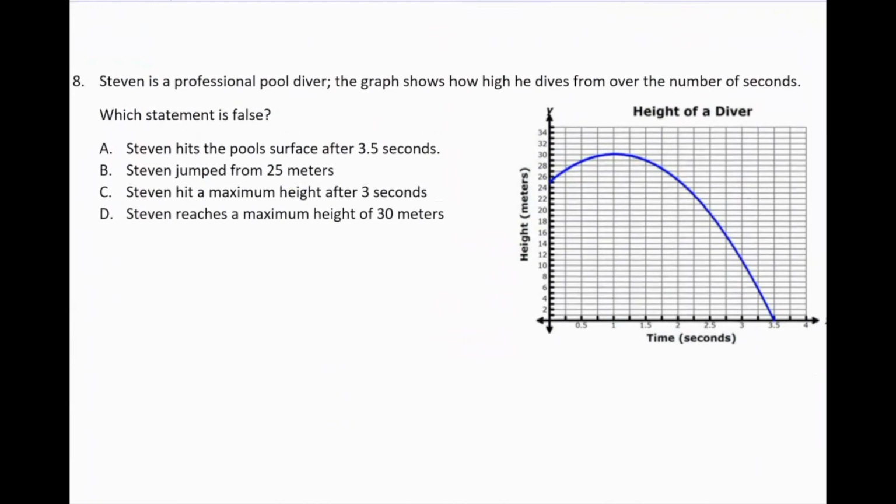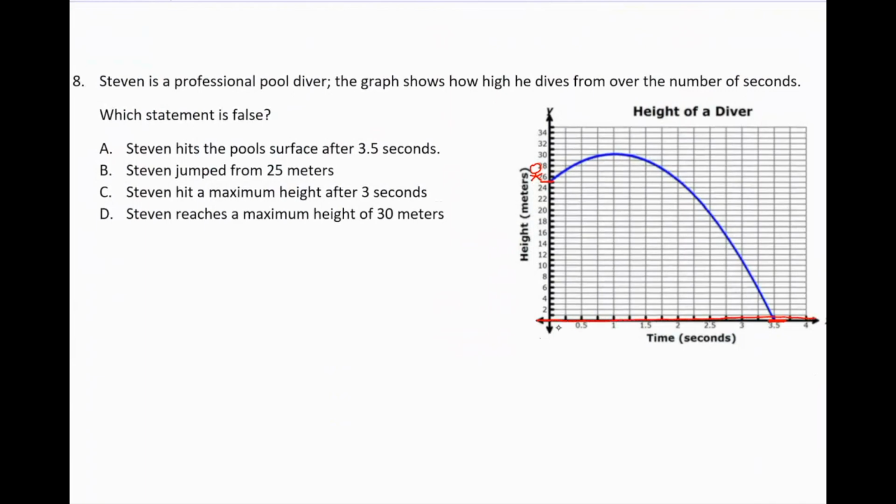So in this case, we're talking about the height. I'm assuming Steven's height from where he dove and how long it took him in his dive. So this is the trajectory Steven took. So to help you visualize a little bit, I'm going to draw a little line over here. I'm going to draw Steven. Steven hopped up on the diving board. He decided to jump, and then he went back down. And so finally, at this point, he hit the pool surface. So I know this straight line,